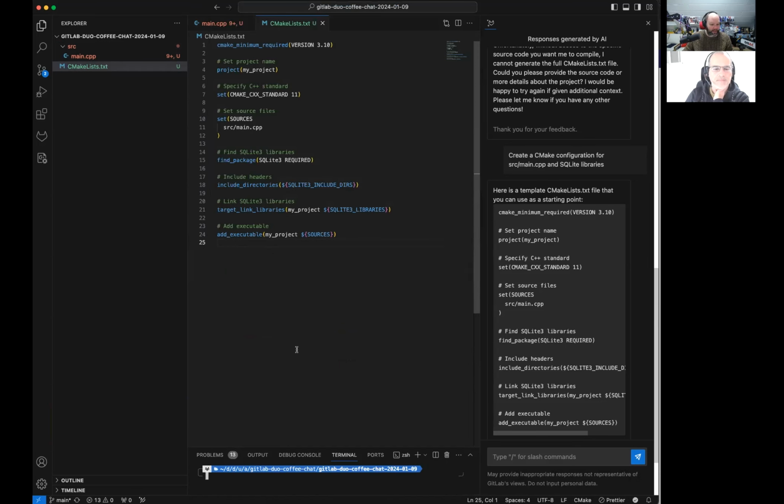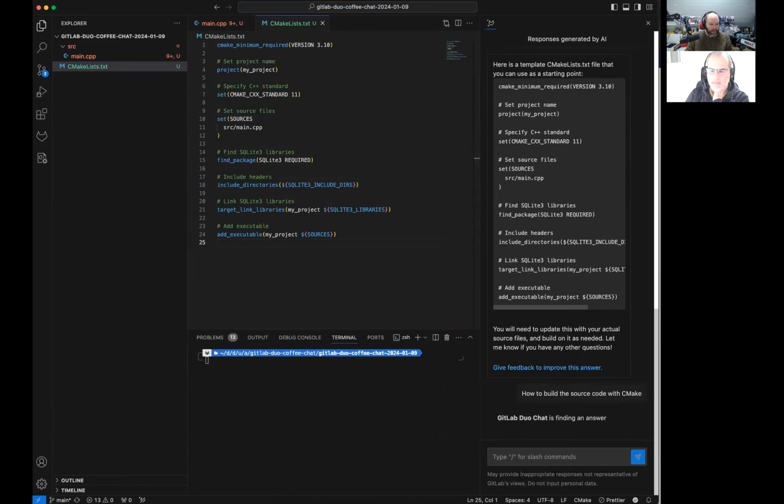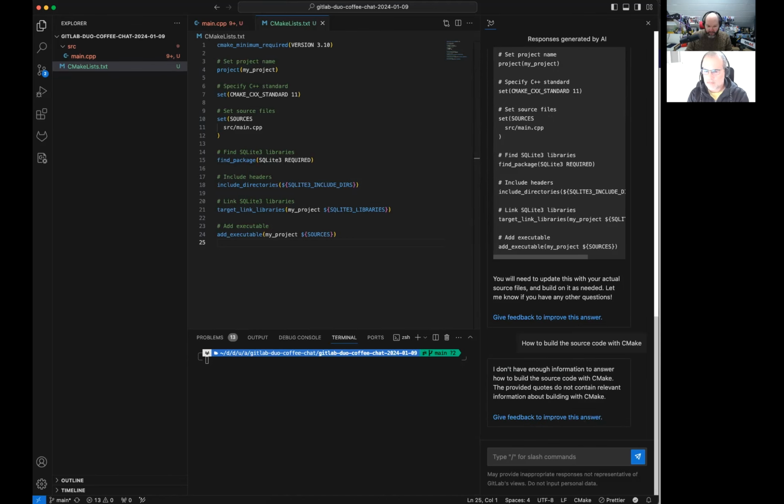Open a new terminal and ask GitLab Duo Chat how to build the source code with CMake, like we did last time. And then hopefully when the code works, the idea is to ask GitLab Duo Chat how to refactor that. And I want to test, or I'm not sure if it works, but I want to